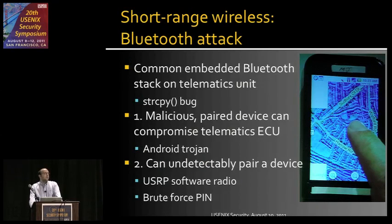The next category we looked at was short-range wireless. So in this case, Bluetooth. Our telematics unit provides hands-free headset functionality, and it uses a standard Bluetooth stack. And so we found the source code for this, and we noticed that there were a whole bunch of strcpys that weren't obviously safe. In fact, the very first one we looked at led to a trivial buffer overflow on the stack and thus